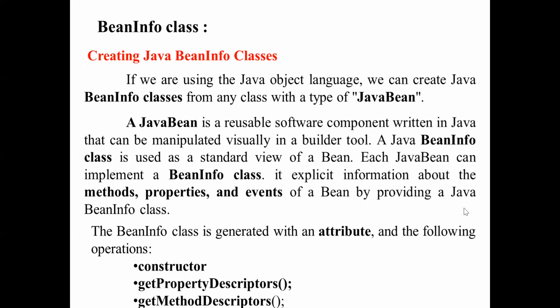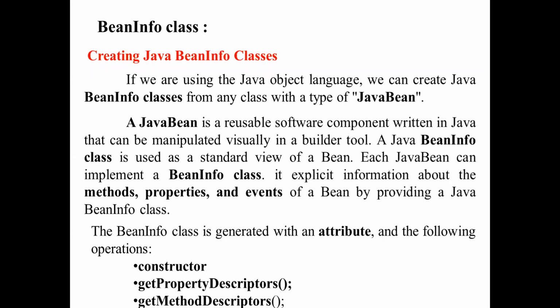Next we go to the bean info classes. What are bean info classes? Info is nothing but information, which can be provided in the Java bean classes.